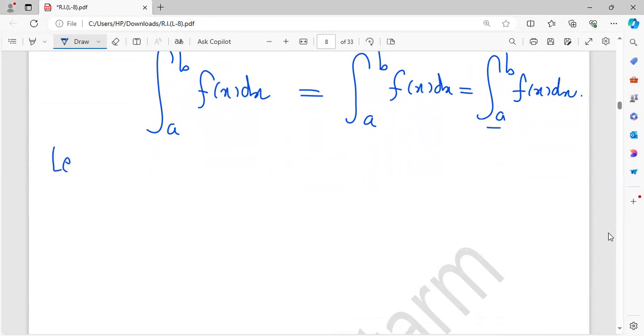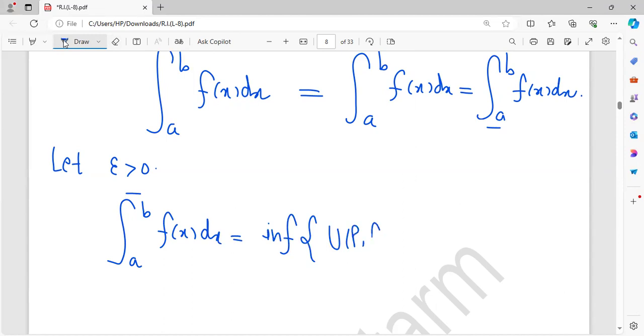Let epsilon be greater than 0, because U(P, f) is what? What is the upper integral? How is the upper integral defined? The upper integral from a to b is defined as the infimum of U(P, f),